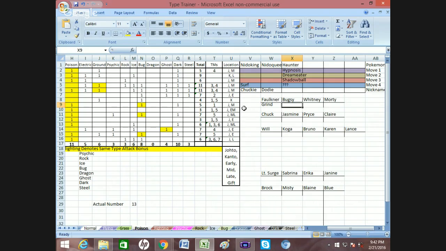Bugsy's got the Bug-type Pokemon, which, there's not really any type. It's not strong against it, it's not weak against it, so that'll just be a grinding up higher than that. Whitney, and I'm not going to go through all of these, but yeah, that's what I would do. I'd figure out how I'm going to beat them. Like Morty is going to be pretty difficult. I'm hoping to get an